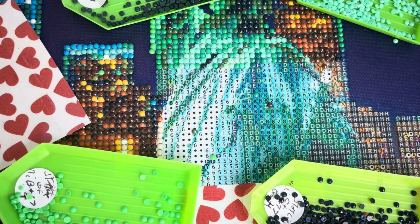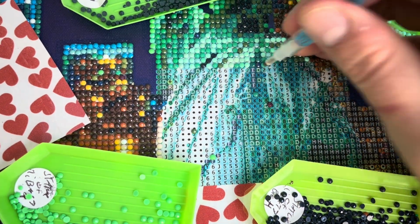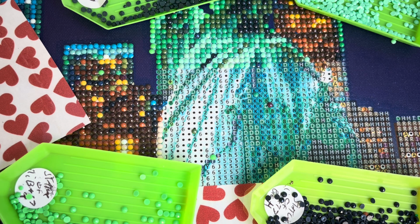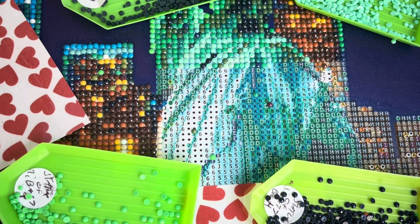I did say I was going to have a bit of my tea, but I got too carried away with trying to get this done. This is the thing, it's so close to the end now of getting this painting done. I just want to get it finished. But this is going to be quite slow because we've got to do all the confetti now. So yeah,